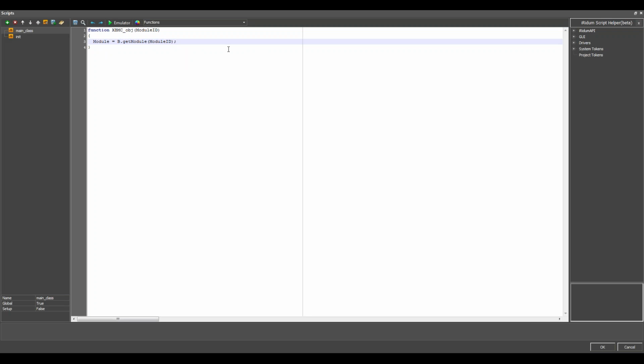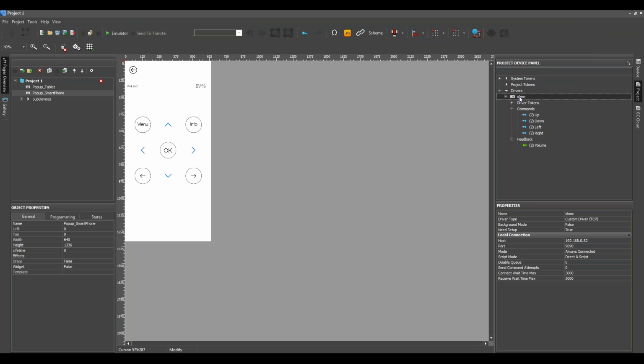So if I want to create the link to my device, to my XBMC, I should create a new variable device and use a new API. It is module dot get device, and that function has one input parameter. It is the name of my driver in the project device panel.